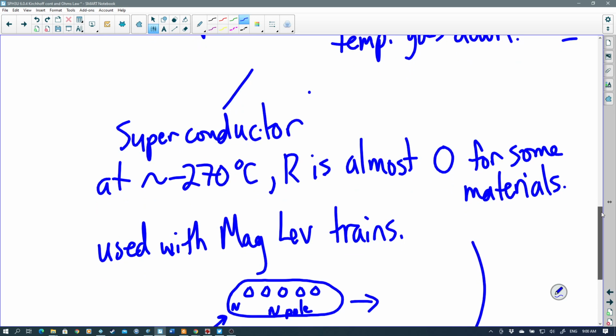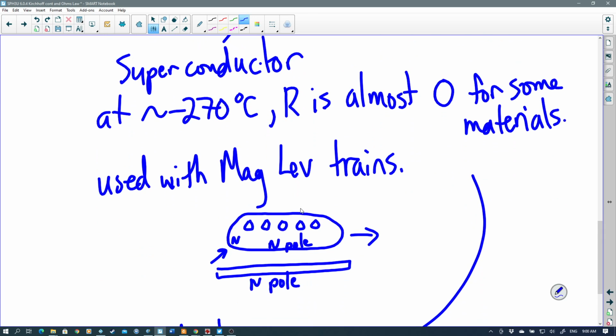And we've talked, I think, briefly about maglev trains before, but there are trains that are being built. Japan was one of the forerunners of this, where this is the train car here. And I'm exaggerating how much of a distance this is, but you've got a North Pole magnet and a North Pole magnet on the bottom of the car, and they use superconductivity to make these magnets as powerful as they possibly can be, so that a north and a north, as you probably know, and we will be discussing this when we get into magnetism, repel each other. So the train actually floats above the rail,